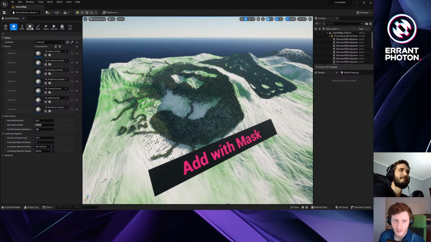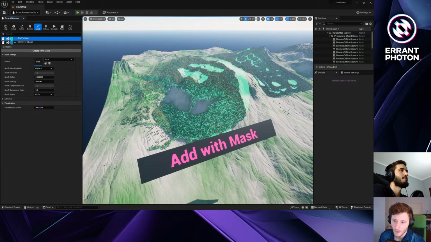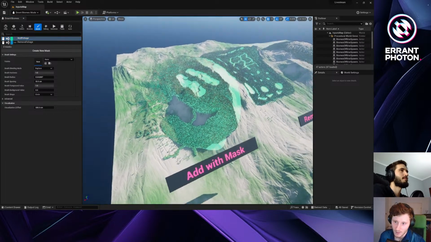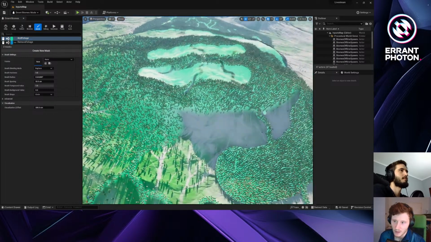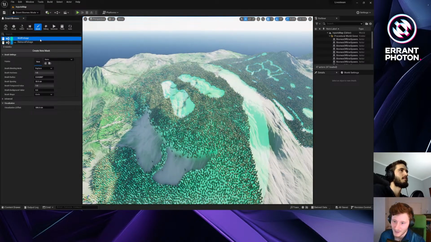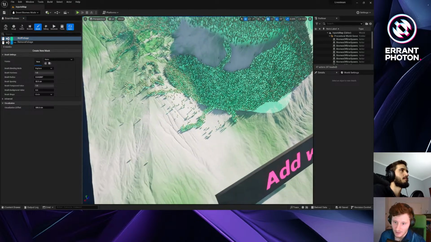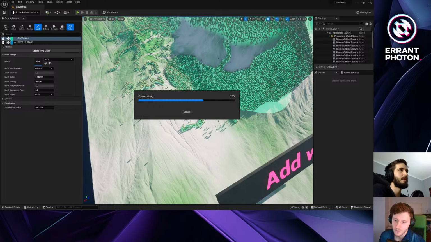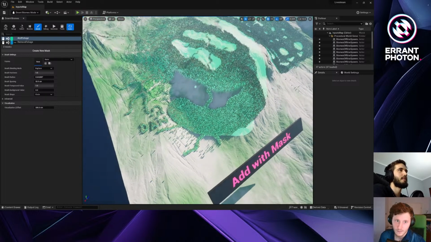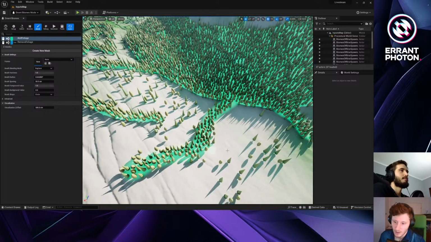Yeah, this one is an example of where we add the species with a mask. So as you can see, where the mask is painted, we get the trees, except I think I played with that with a different mask in here. But in general, if we now switch auto generation and we paint a bit, let's just wait a second. Because we have a full map selected, we need to generate it once. But now it will only update the regions. And if I now paint,